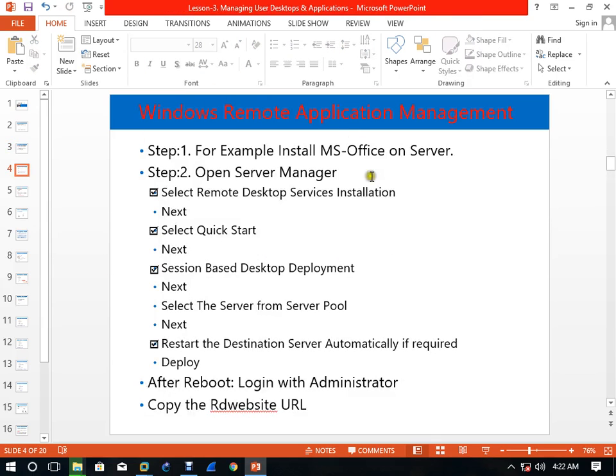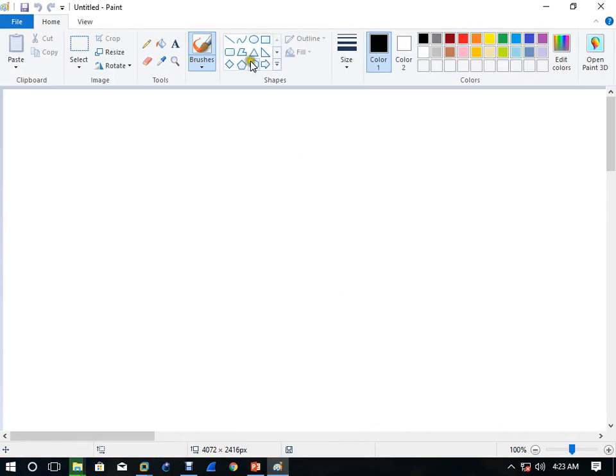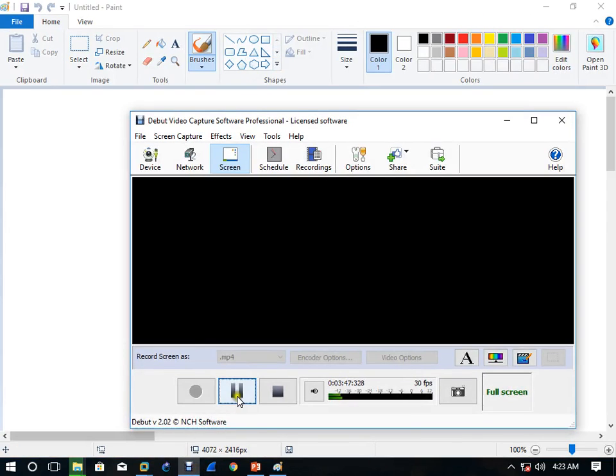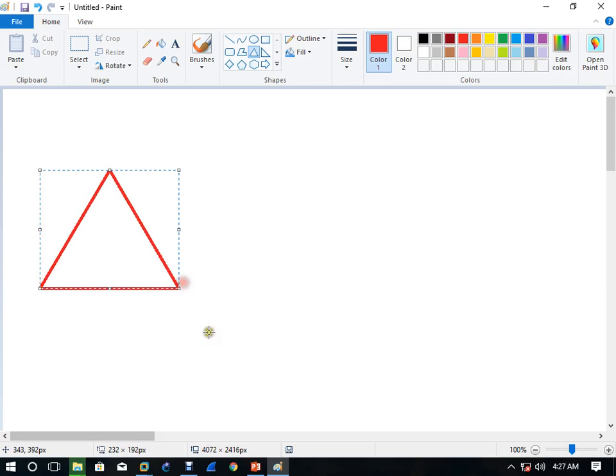So now we are working on Windows Remote Application Management one by one. What is this remote application management? Let me run MS Paint. Now see the remote application management. Suppose I have one server here, and this server is connected with the client computers.